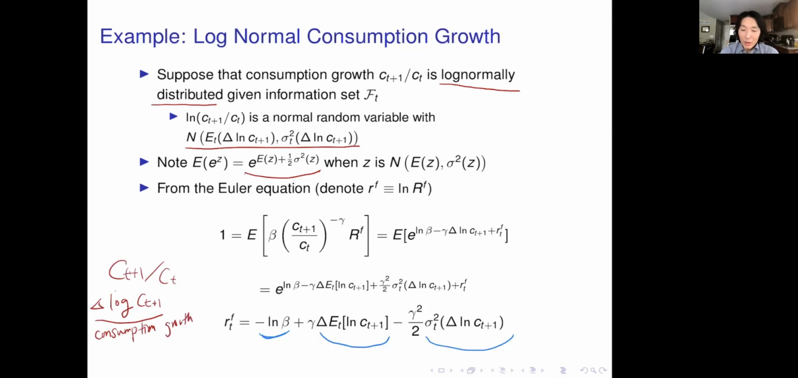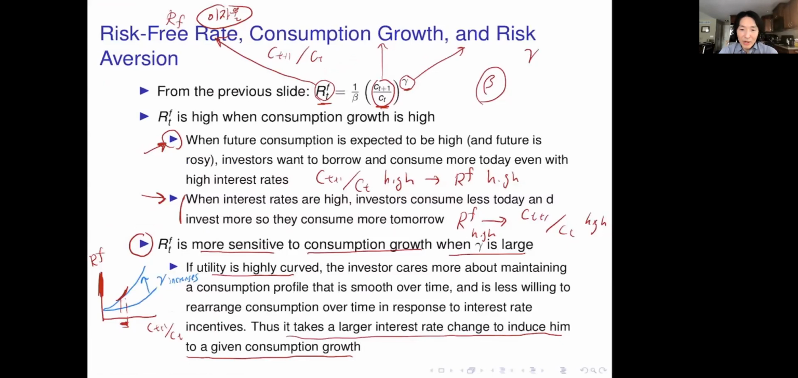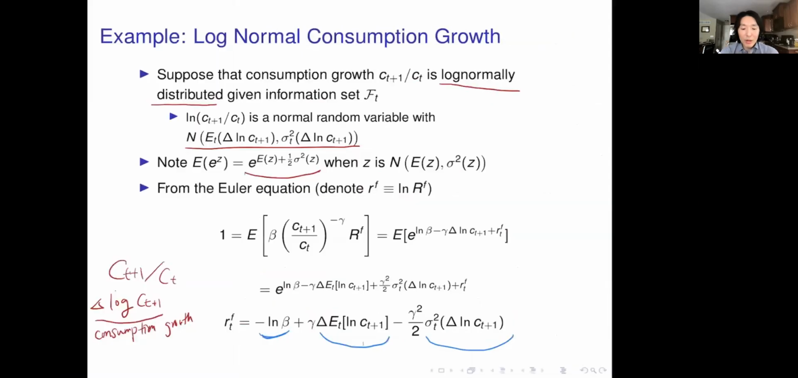This is consumption growth, and when consumption growth is high, the risk-free rate is high. Does it remind you of something? Yeah, that's exactly what we learned here. When consumption growth is high, the risk-free rate is high. It's the same equation. The only difference is that we